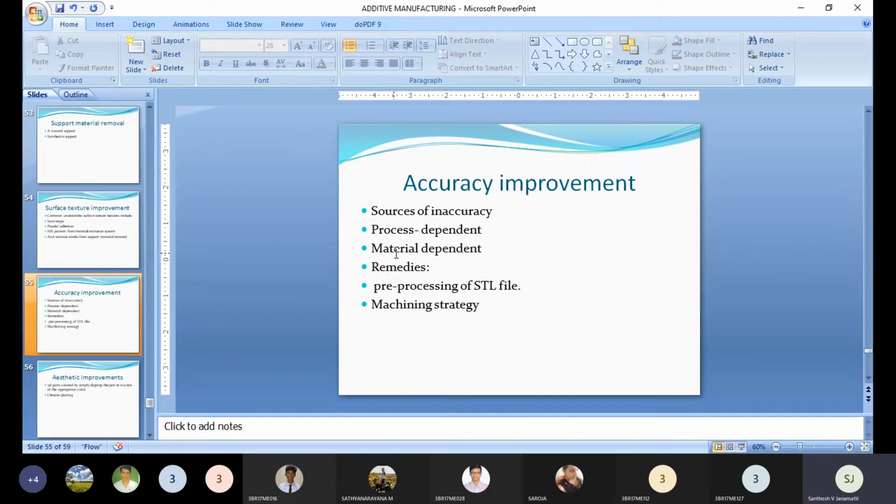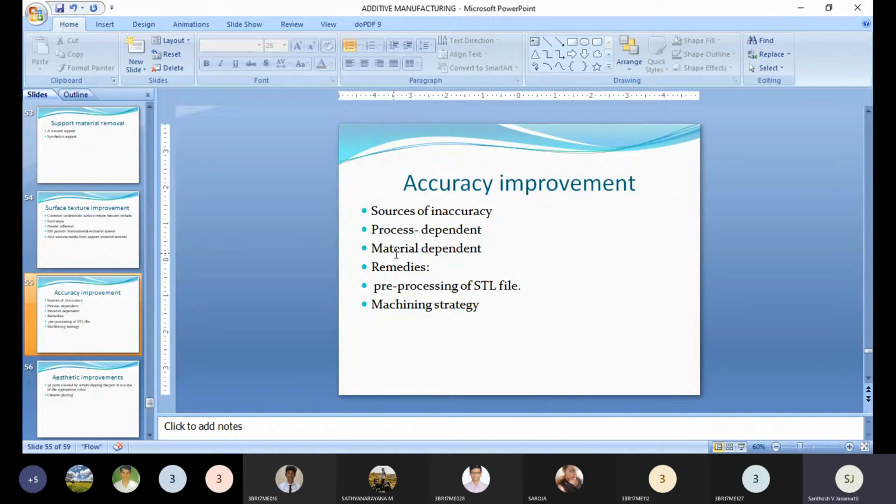Here, what kind of material do we use? Suppose some people are using poor quality materials. Sometimes some materials have metallurgical problems. Once we create the 3D product, we need to send it into the cooling or drying process, and immediately it shrinks. This is a metallurgical issue. A lot of materials have metallurgical issues, and that may lead to inaccuracy in the 3D components.